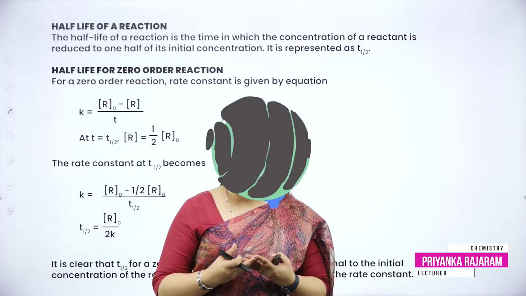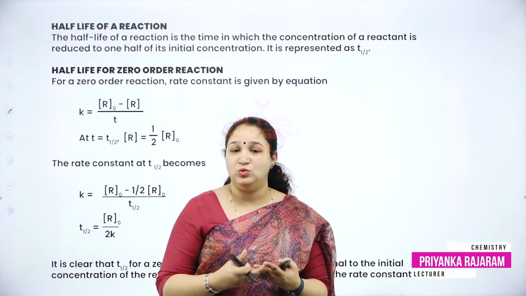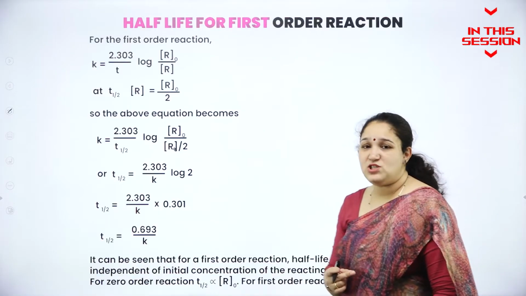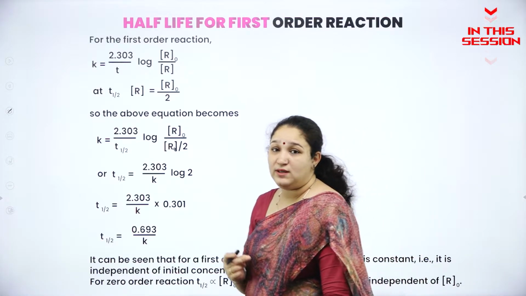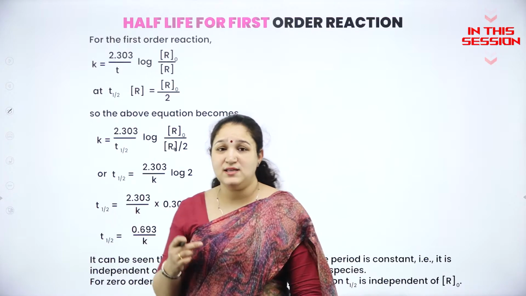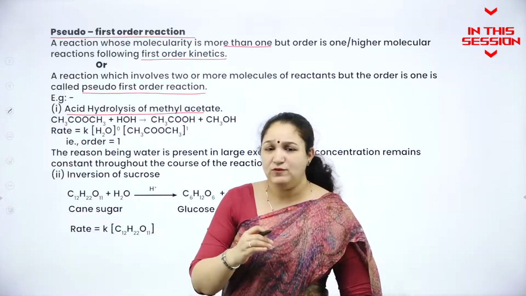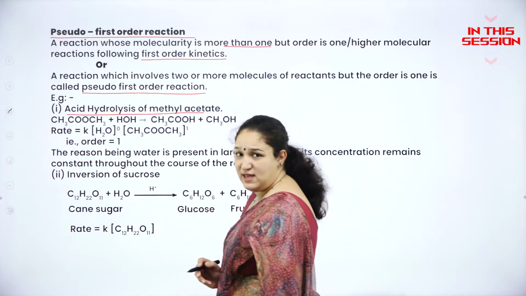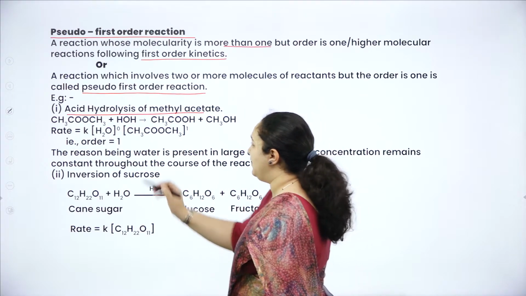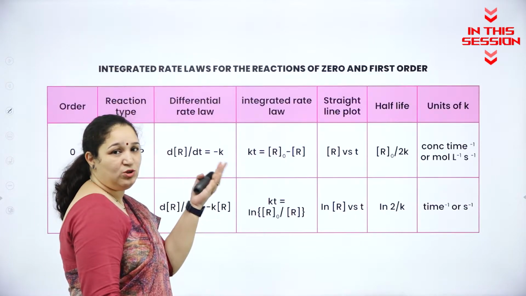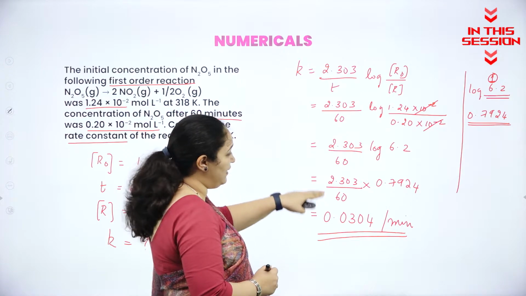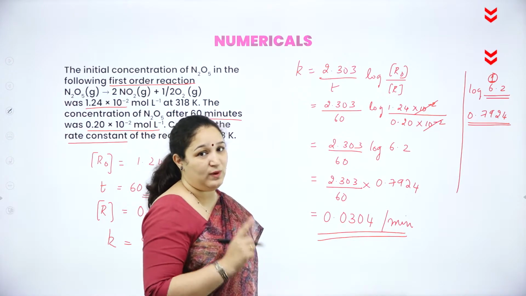What is the time required to reduce that initial concentration? For a first order reaction, we got the integrated rate equation as K is equal to... if you see the equation here, you have methyl acetate, CH3COOCH3, R to the power 0, anything to the power 0 is unity. If you do the perfect substitution as well as the calculation, you will get 1 mark.